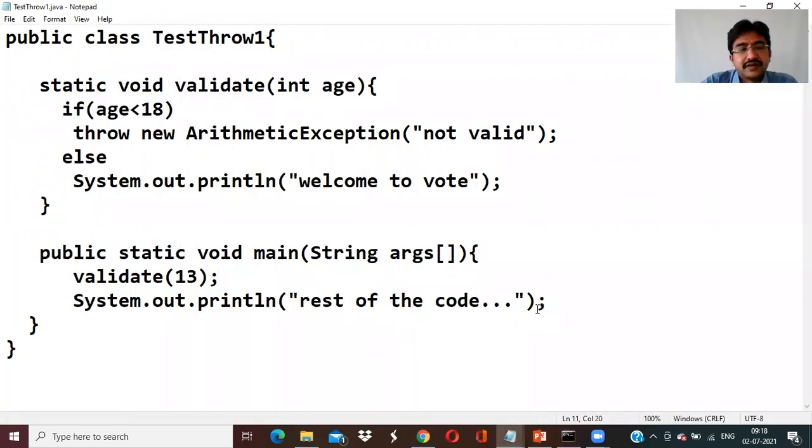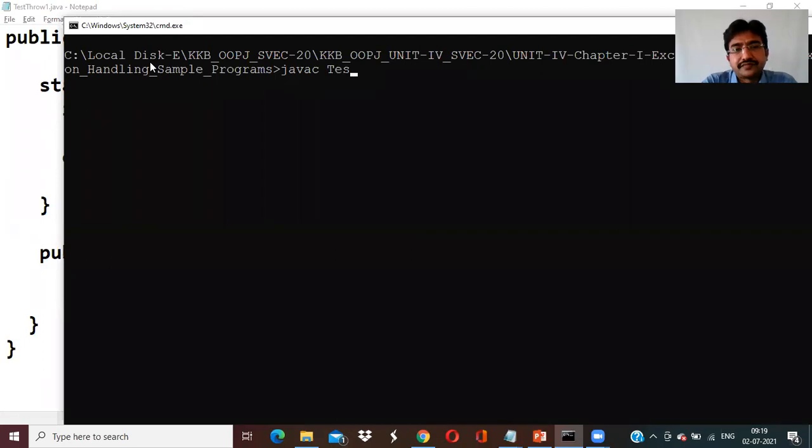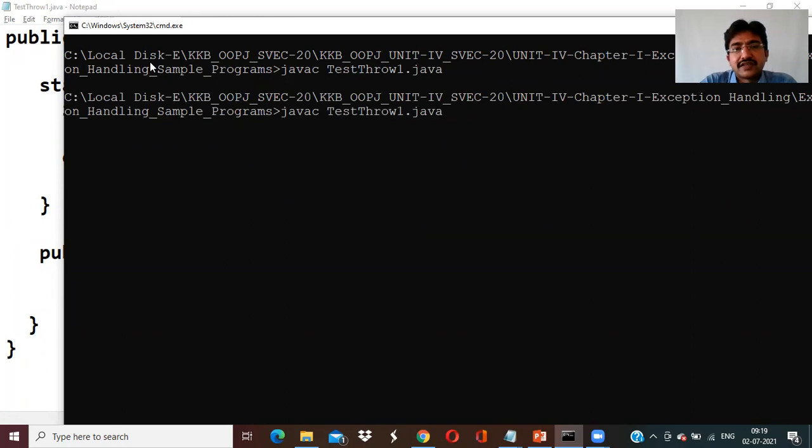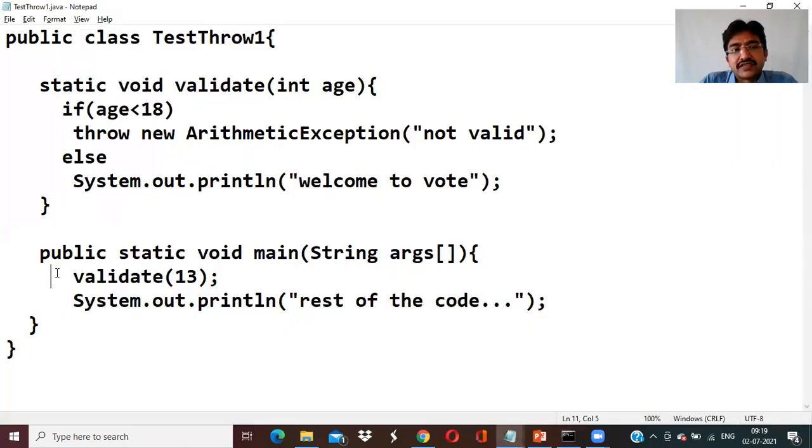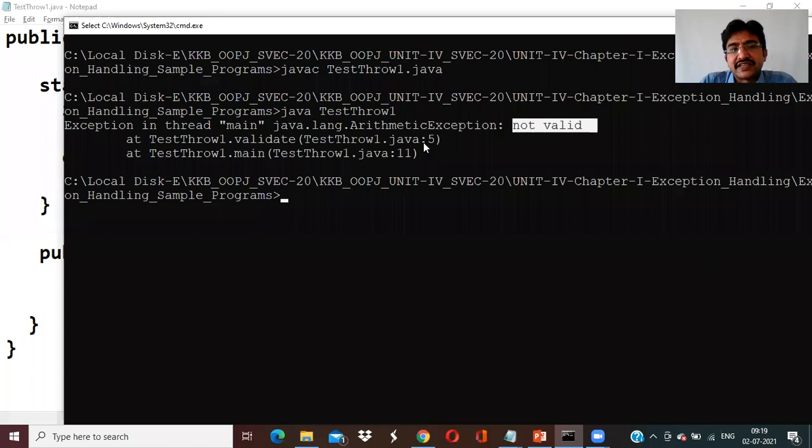TestThrow1.java. If there are no errors, run the program. See, in the main thread, exception ArithmeticException: not valid. And it is clearly showing where you called this, at which lines the exception is raised. It shows because of which method and which lines this exception has been raised: because of line number 5 and line number 11.